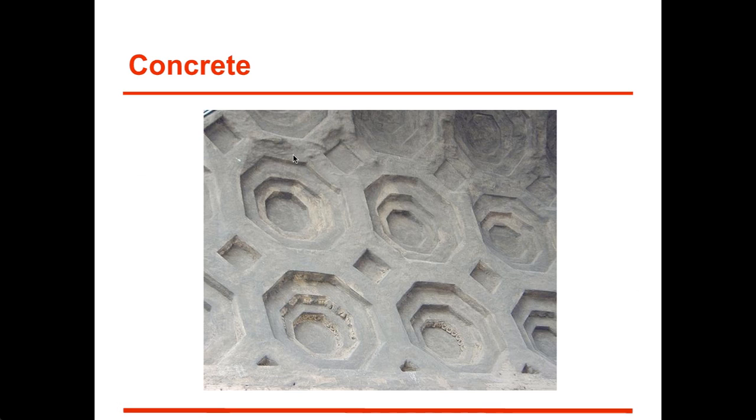It was easier. You could use rubble, lime, sand, and volcanic ash. And that's what they used to create concrete. And it could be poured into any form. They would create these wooden molds, and that's how they made a dome, actually. They'd create a wooden mold, and then you could just pour in the concrete.